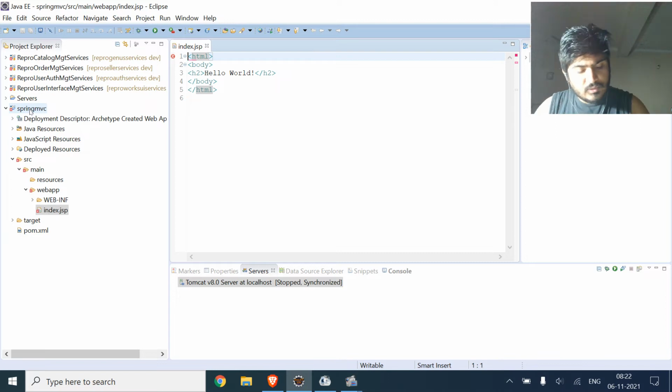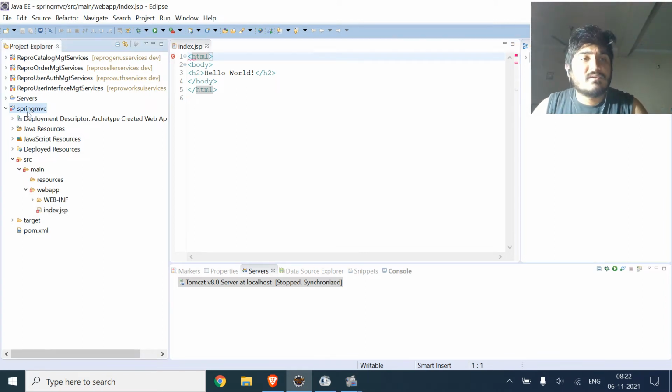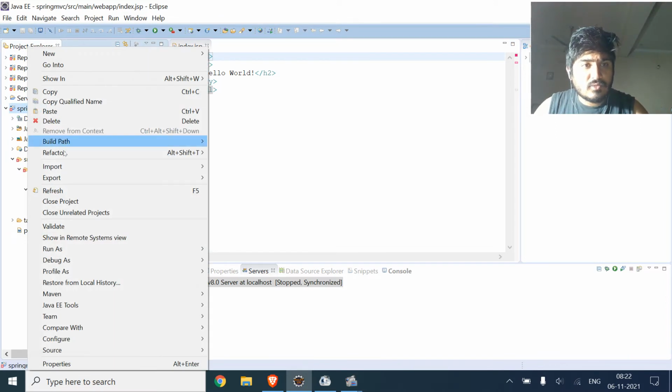So in order to fix this error, we will just go to the build path.